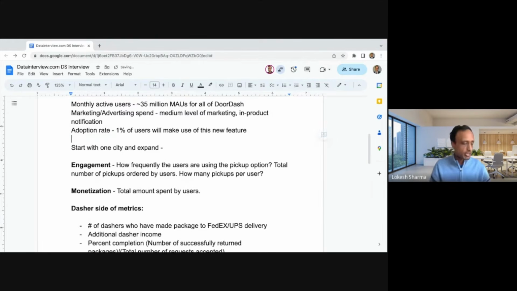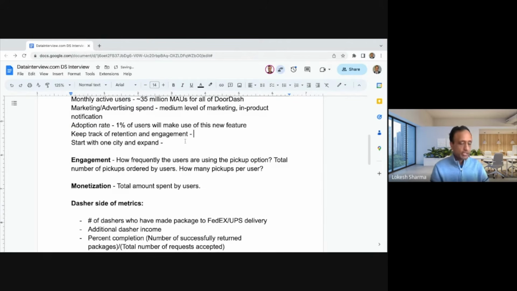So how frequently they use the feature, and hopefully through continued advertising notification for users who are not using it, we can keep a linear increase in the number of users who are using this feature. Actually, I will say, like, initial adoption might be higher and then the growth will be linear.